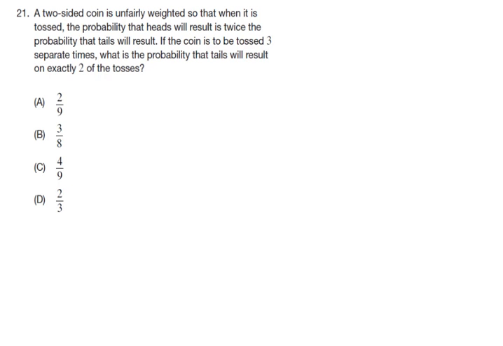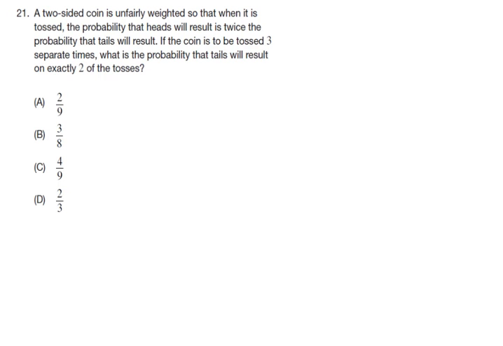Problem 21. A two-sided coin is unfairly weighted so that when it is tossed, the probability that heads will result is twice the probability that tails will result. If the coin is to be tossed 3 separate times, what is the probability that tails will result on exactly 2 of the tosses? Alright, so let's first talk about if the probability of heads is twice the probability of tails,